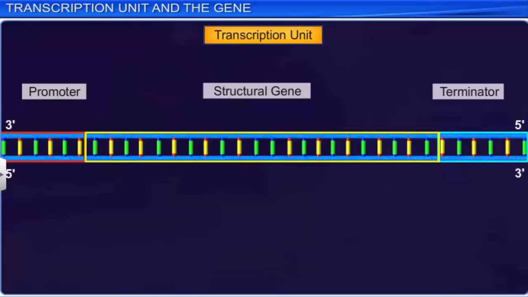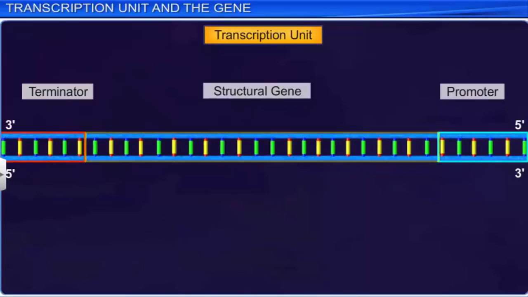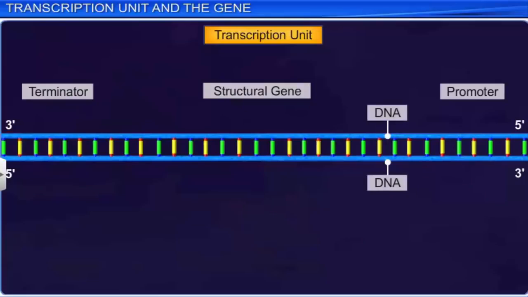However, these two DNA strands will get reversed if the promoter switches its position with the terminator. The next part of the transcription unit is the structural gene, which consists of two DNA strands having opposite polarity. The strand with the 3' to 5' polarity acts as a template and is called the template strand,